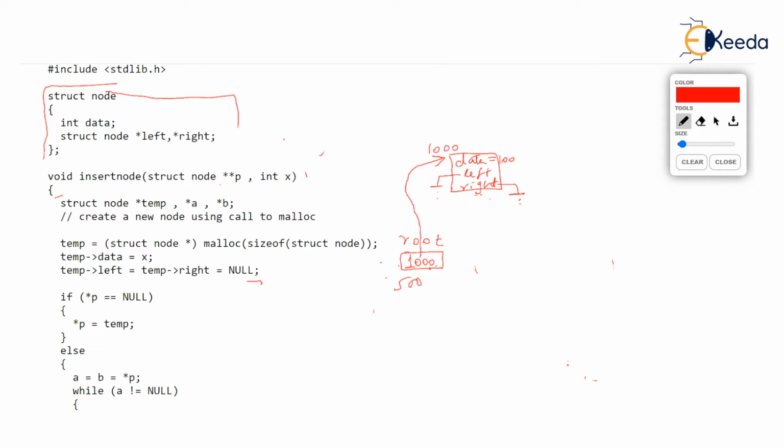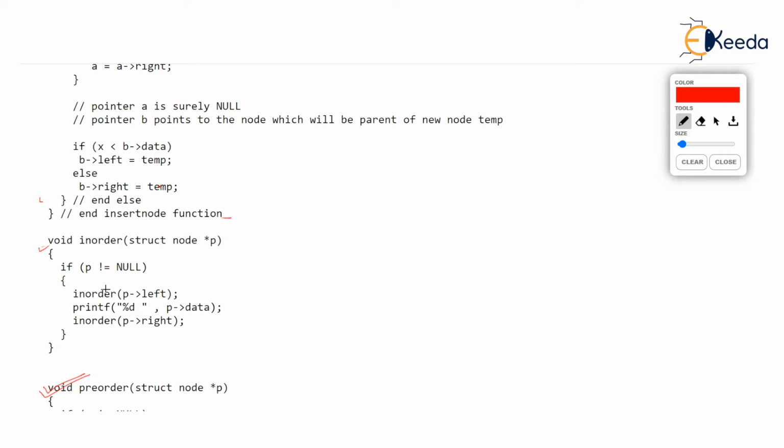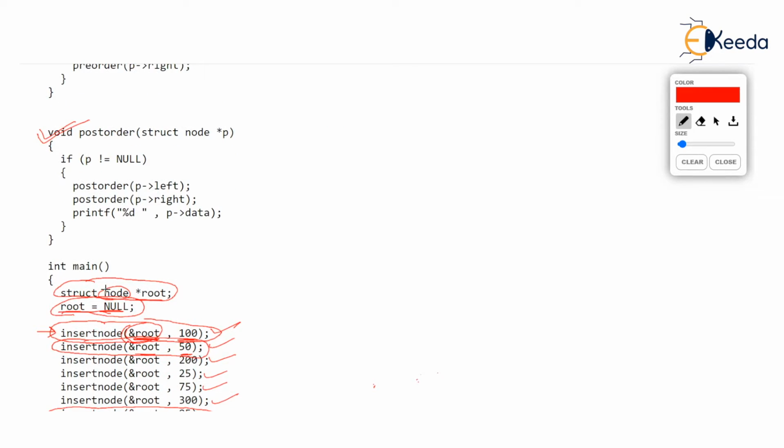So I will draw a fresh tree. What are the values that we have inserted till now? I forgot them actually because I am out of page. But anyway, 100 was inserted, that I remember. Root points at the topmost node. Then 50 was inserted after 100. Then 200 was inserted. It will go to the right. And after 200, I think 25, 75, 300. Okay.